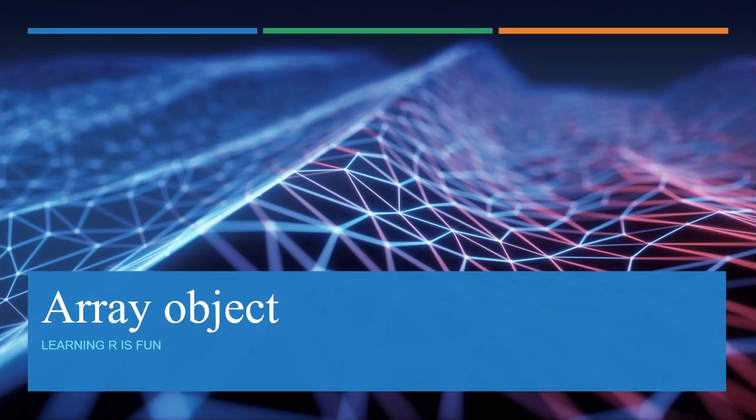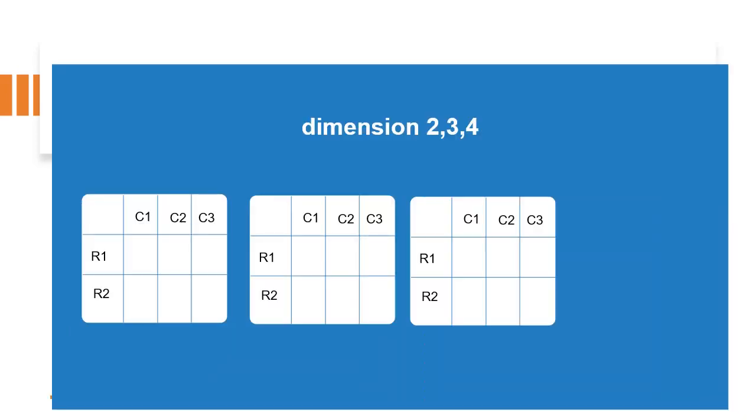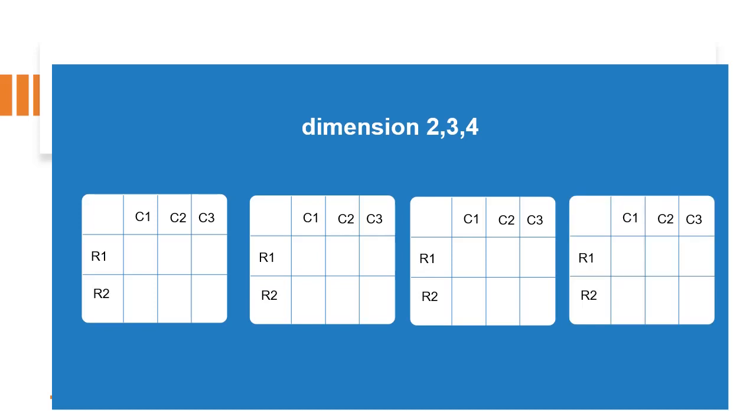In our last videos, we had learnt about the vector, list and matrix data types in R. In this video, we will discuss arrays. Arrays can store only one data type, like matrices and vectors. They can also store data in more than 2 dimensions. For example, if we create an array of dimension 2, 3 and 4, then it means 4 rectangular matrices, each with 2 rows and 3 columns.